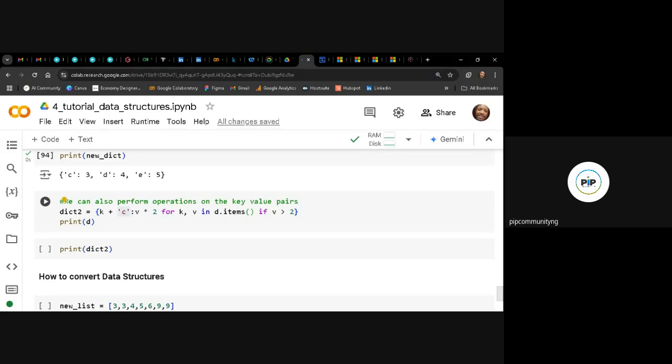So what we are simply doing here now is adding to the key to generate a new key. So we are performing arithmetic operations on it. We are adding this key to this, then the value of this, we are multiplying it by 2, for K, V in D.items() if V is greater than 2. So anywhere V is greater than 2, multiply it by 2, and then bring the key and assign it again to this. Then print